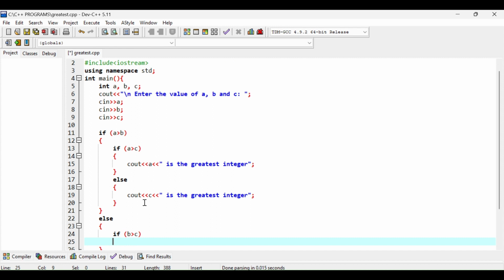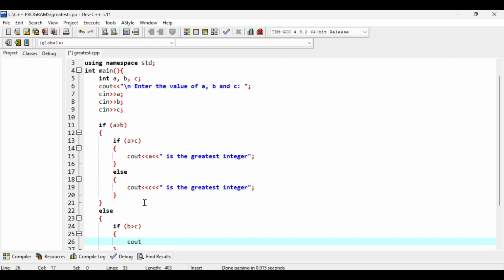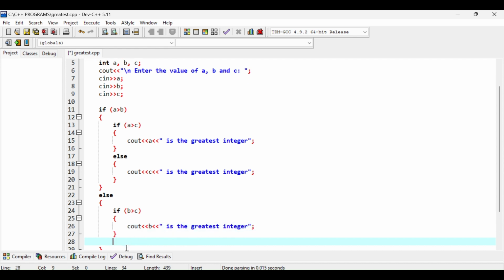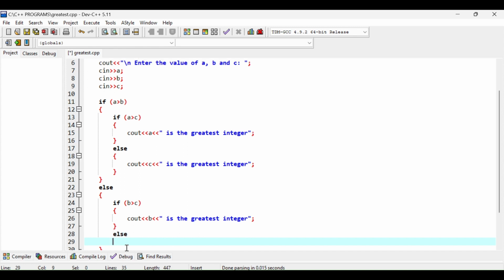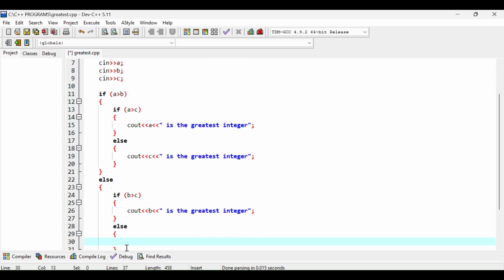If it is, then we will type here b, and then is the greatest integer, and let me press enter, else, and again inside here we will type c